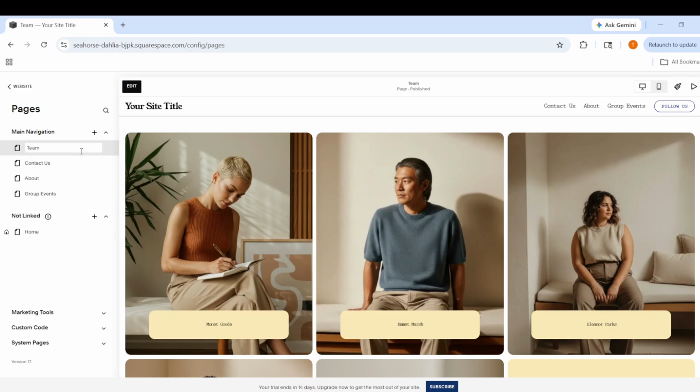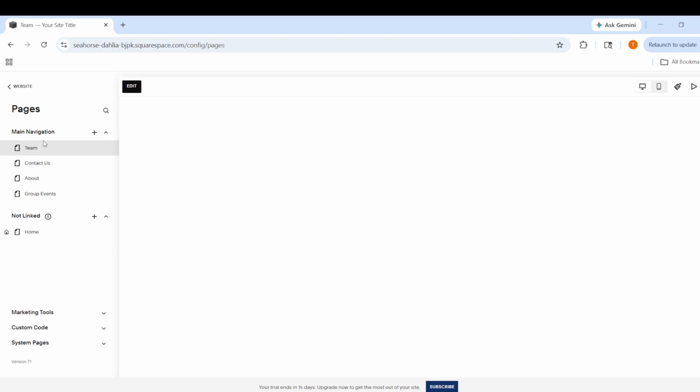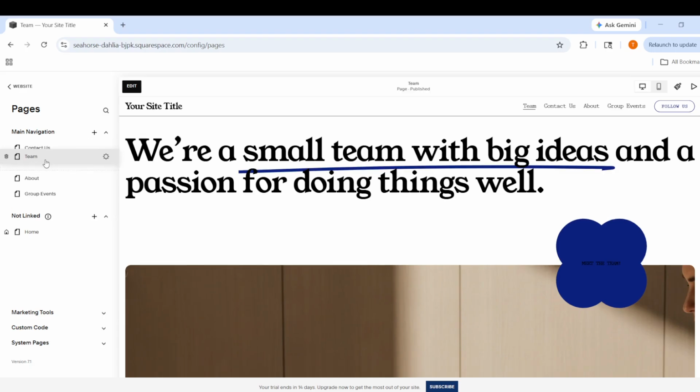At this point, the main category has been created, and it will serve as the page within which other pages can be placed. If you are organizing your site for easier navigation, this is a simple and effective way to do it. A well-named drop-down or folder can make your website feel much more polished and easier for visitors to